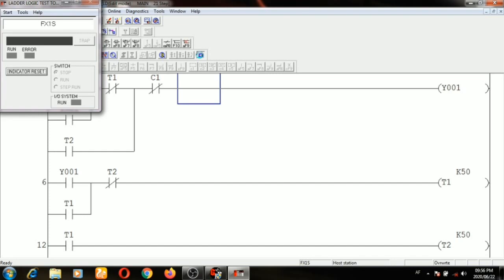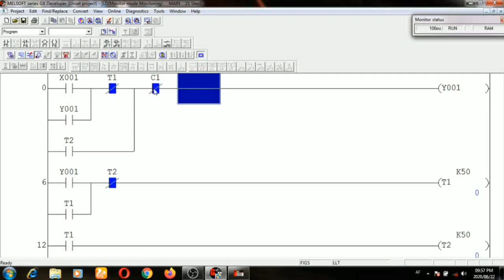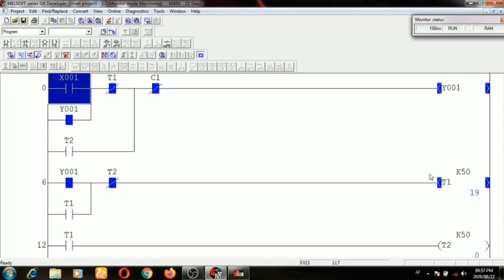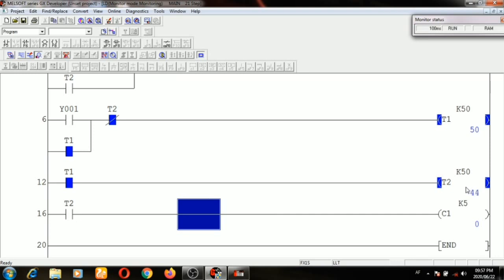So again it takes some time and the program is converting. So I am only using a counter in this process. So after 5 repetitions, C1 will be converted into NO, and this will stop the process for Y1. Now press this X1, force on, because we are using a push button. So output timer is on, and let's check the value of the counter.